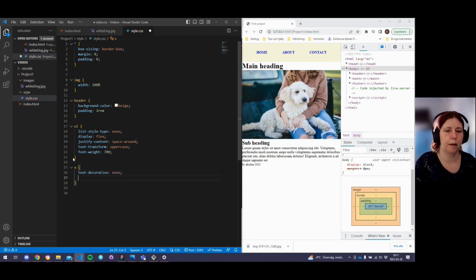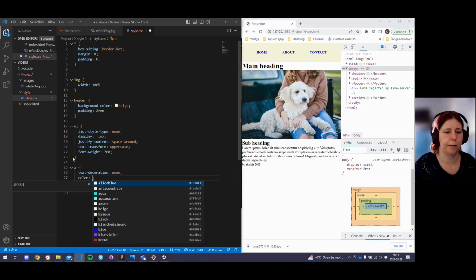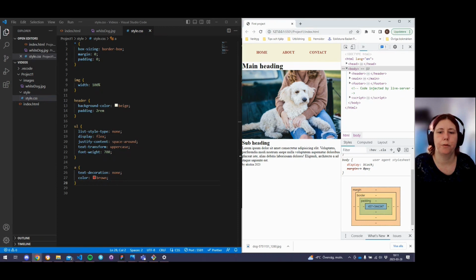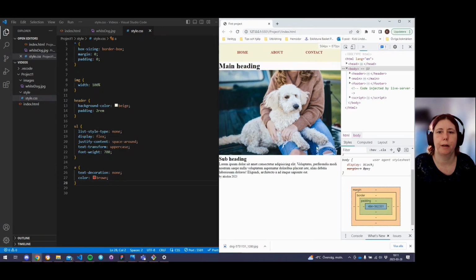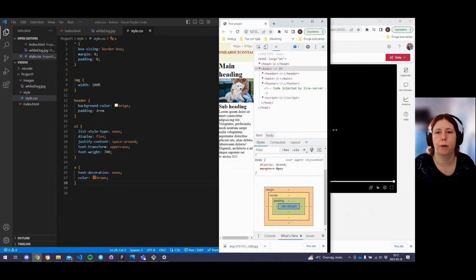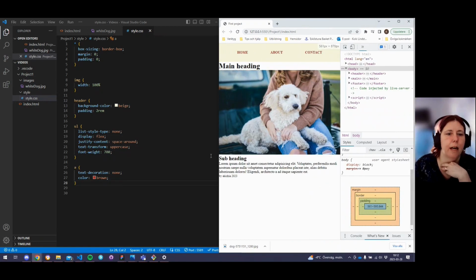There, now they're gone. And perhaps I want another color, let's say brown, perhaps. Yeah, okay. So this looks kind of good. What if I were to press this together like this? If I would make the screen smaller, then it wouldn't look that good. So to fix that, I want to do